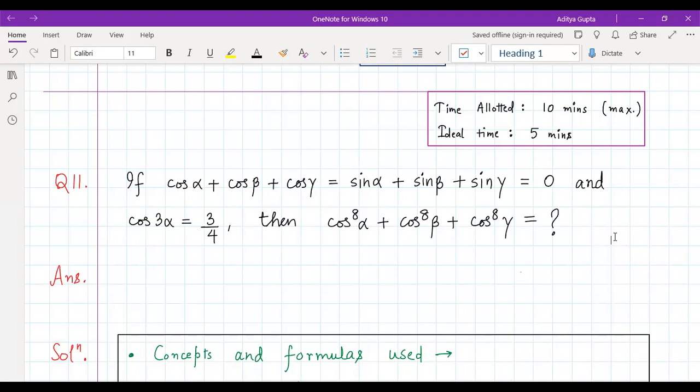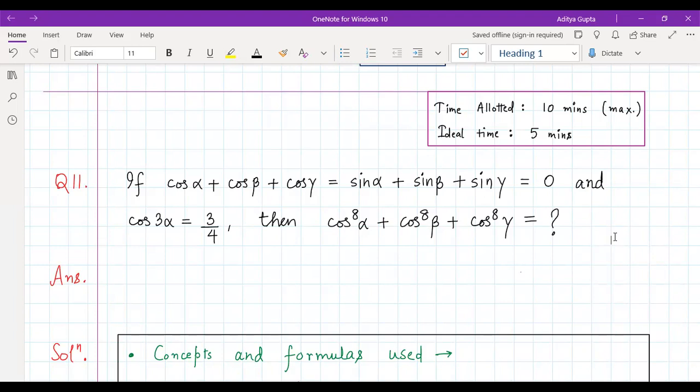And today we have question number 11 from the chapter of trigonometry. The question is asking us that if cos alpha plus cos beta plus cos gamma is equal to sin alpha plus sin beta plus sin gamma is equal to 0 and cos 3 alpha is equal to 3 by 4, then the value of cos alpha power 8 plus cos beta power 8 plus cos gamma power 8 is equal